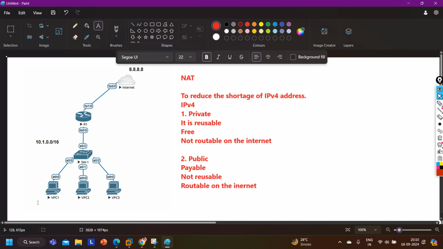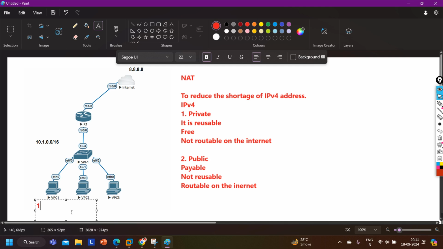So if on this PC I define a public IP address 100.1.1.1, then NAT is not required. The reason is this PC already has a public IP address which is routable on the internet. So this PC can reach the internet with the help of its IP address.